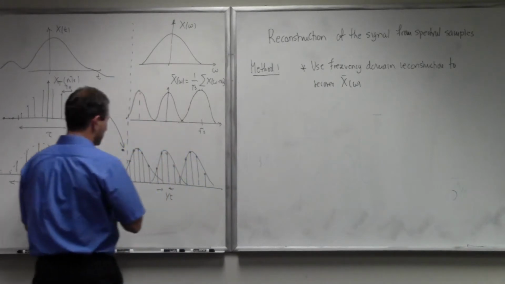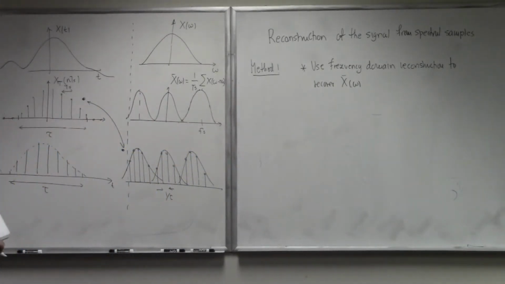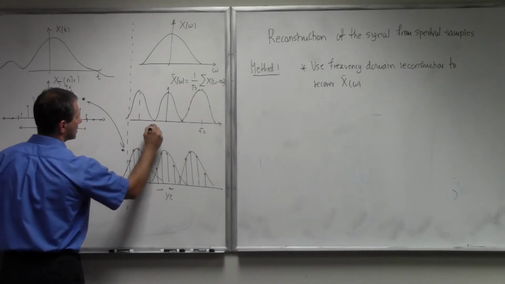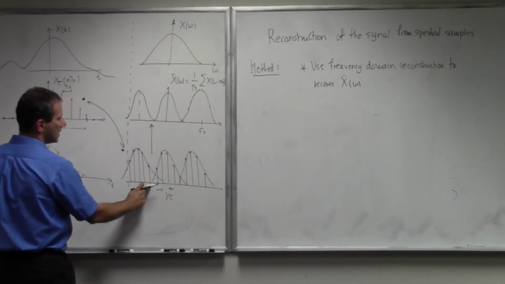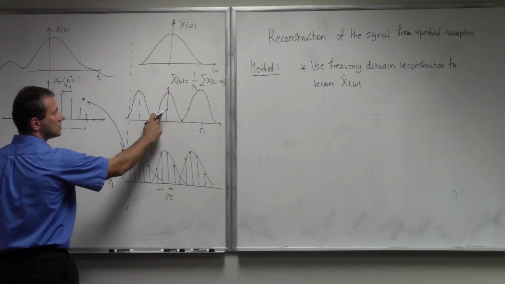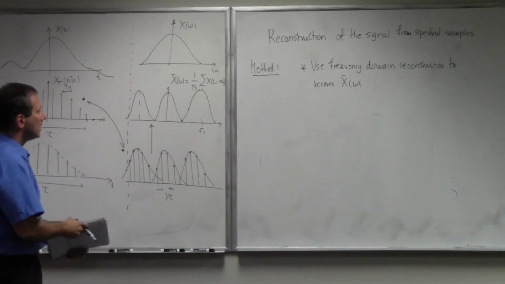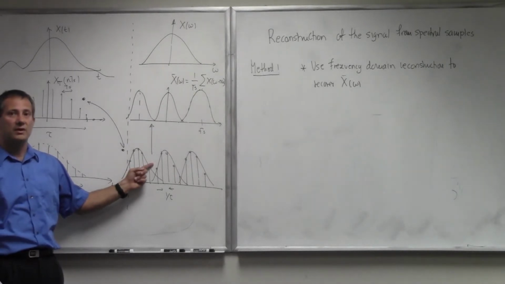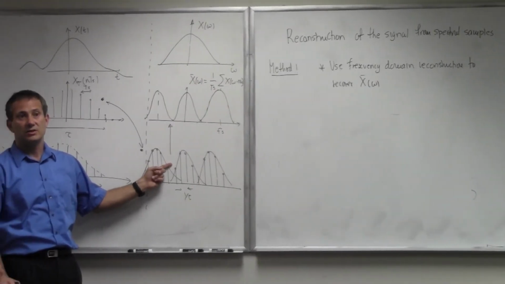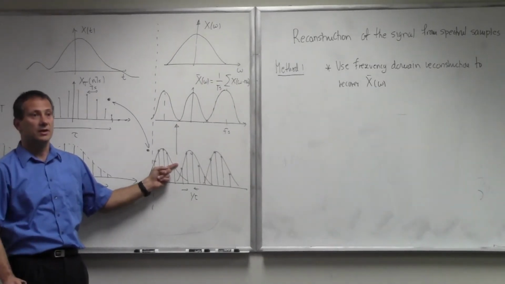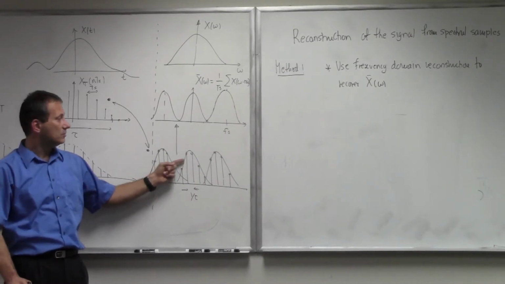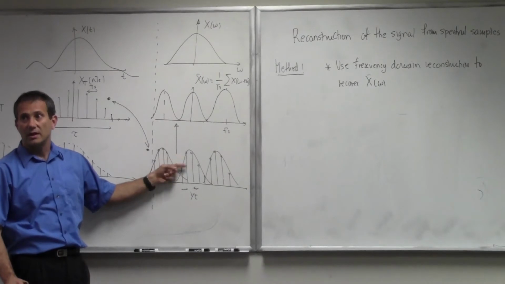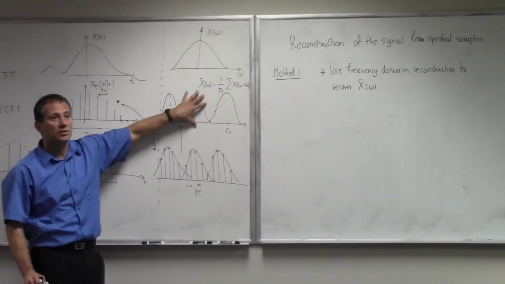Essentially, use reconstruction in the frequency domain to take these samples and generate this x hat of omega. How do I do that? Well, you saw last time, the reconstruction formula in the frequency domain is essentially the same as the reconstruction formula in the time domain. I need to take these samples and weight them with the sinc function,